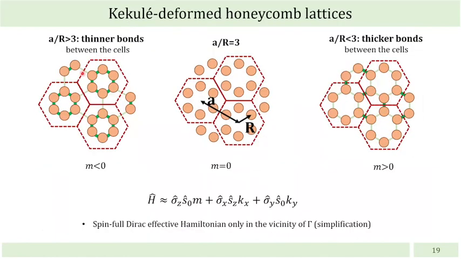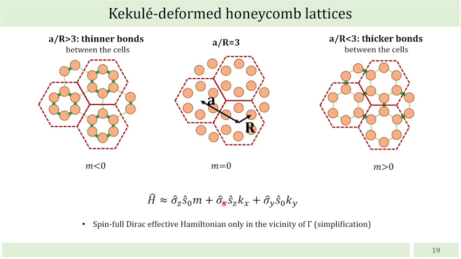So let us consider more closely the design based on the deformed honeycomb lattice. We start with an unperturbed graphene-like lattice, then we combine 6 nearest neighbors into hexamers and shrink or expand these hexamers. It turns out that at small k vectors, the system can be described as a spin-full Dirac-like Hamiltonian with 2 pseudospins and the mass term. This is an approximation which is valid only in the vicinity of the K point, and there is a stricter and more correct way to describe this system, but in this talk I would like to use this effective